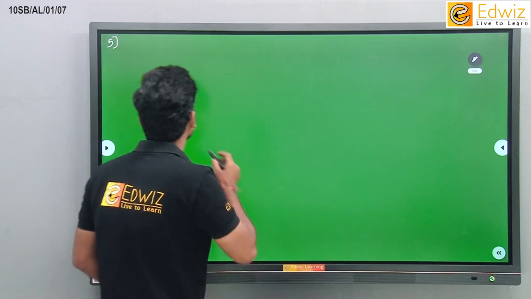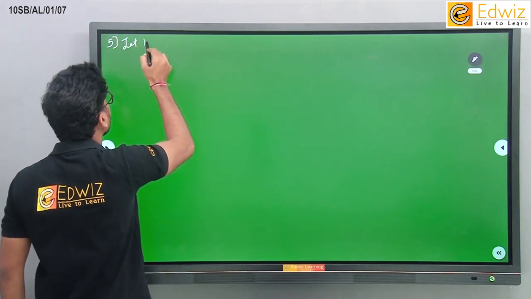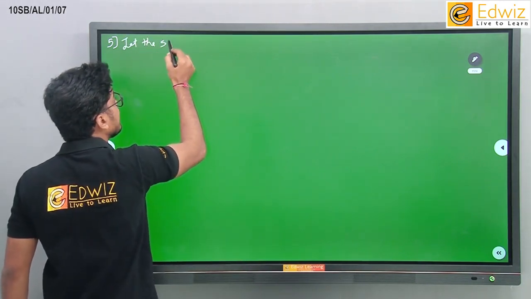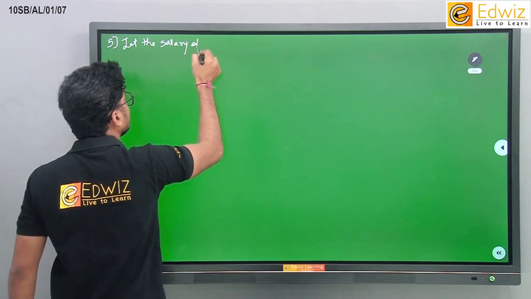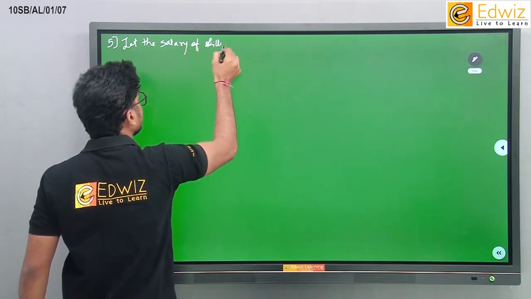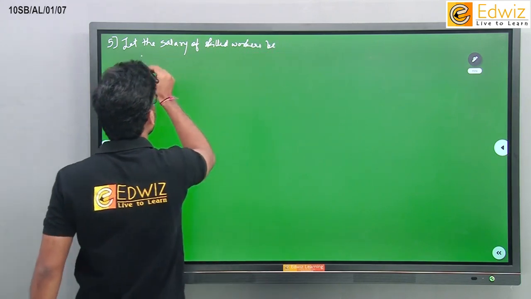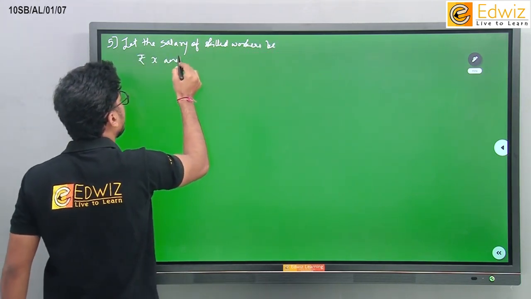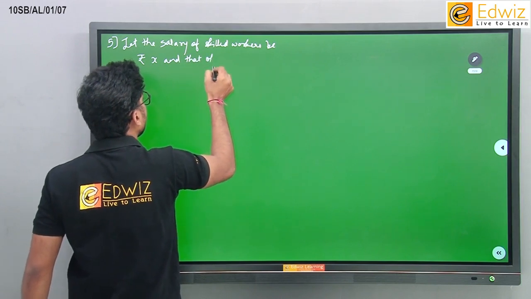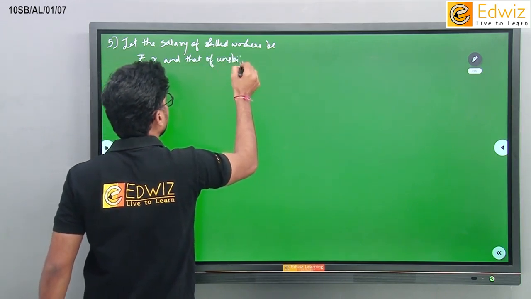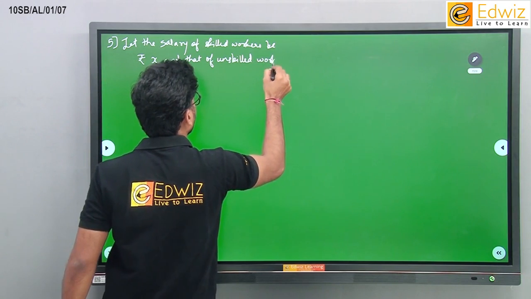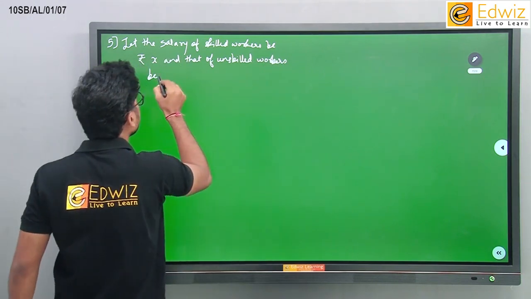Okay, let the salary of skilled workers be rupees X and that of unskilled workers be rupees